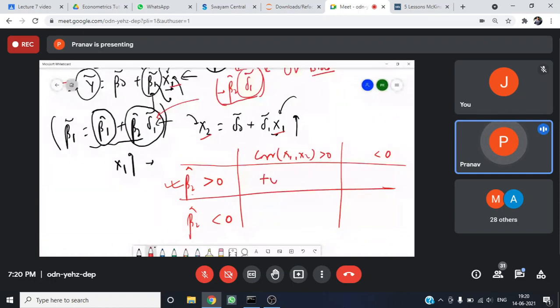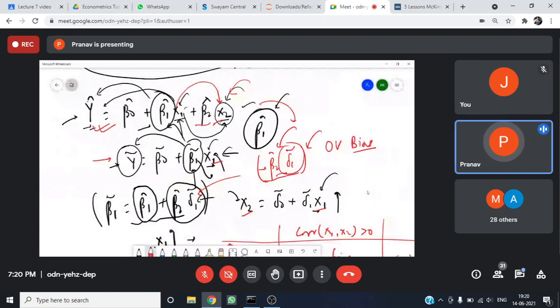Now, the only time when the exclusion of a relevant variable is not that significant, that is, your OLS estimators still remain unbiased, is either when the explanatory variable and the omitted variable are not correlated with each other, or when